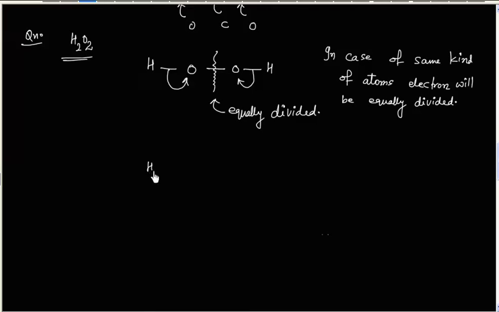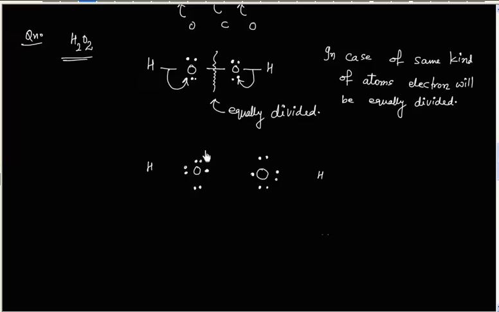Now we can show. Initially it has 4 electrons and 2 electrons are coming from this bond. So basically we have 6 electrons, and 1 electron is coming from this side. Same for this oxygen. So we will have a total of 7 electrons: 2, 2, and 2 are coming from this side, that is the oxygen hydrogen bond, and 1 is coming from this side.